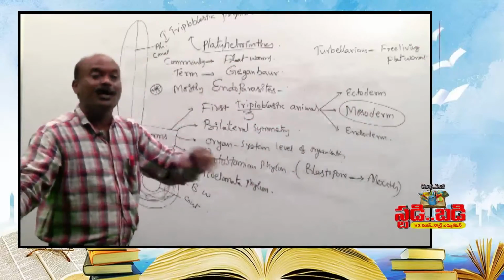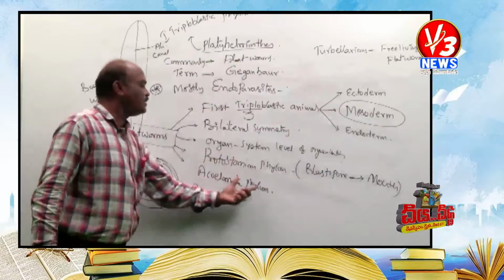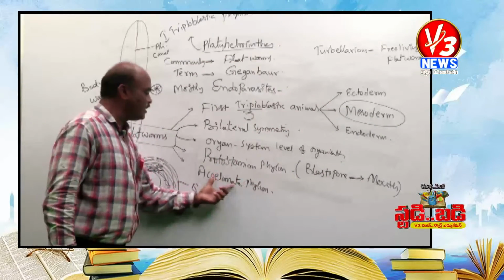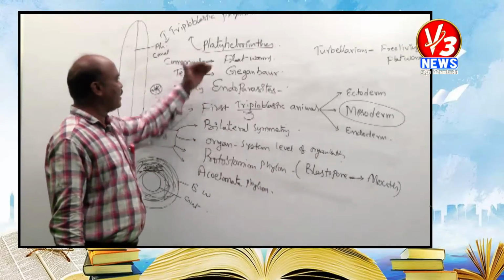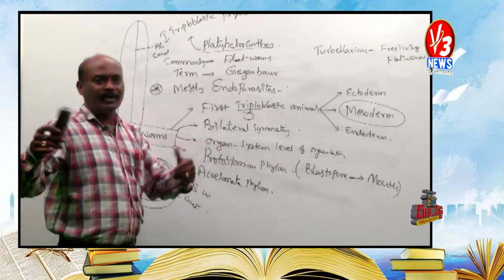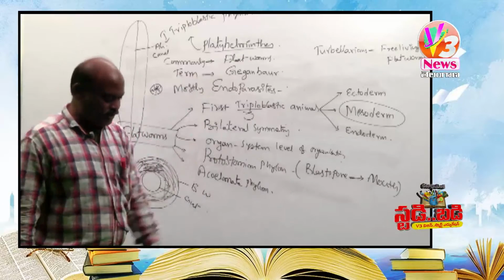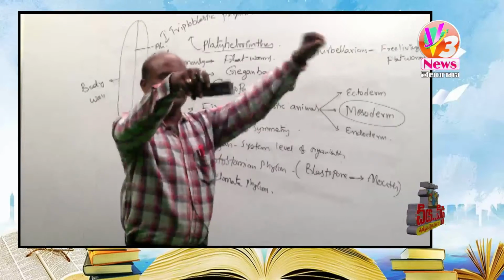But in the Platyhelminthes group, there is no coelom. Coelom is absent. Why is the coelom absent? Simple thing, the total space is occupied by one type of tissue. The tissue is